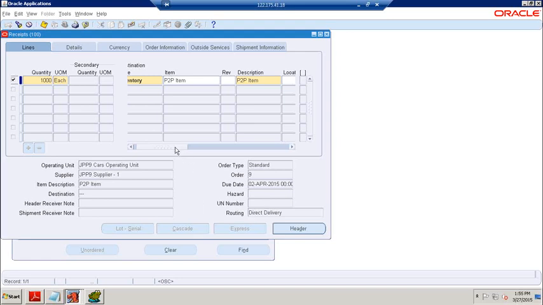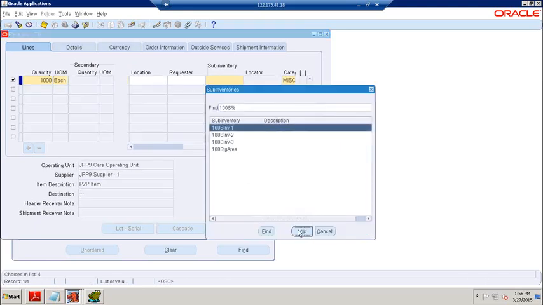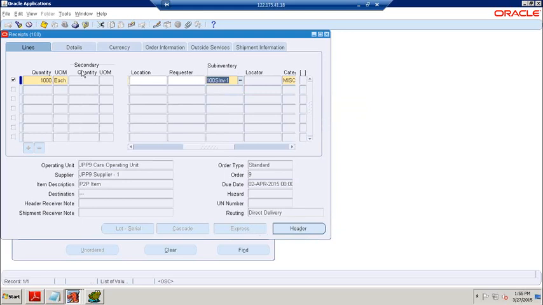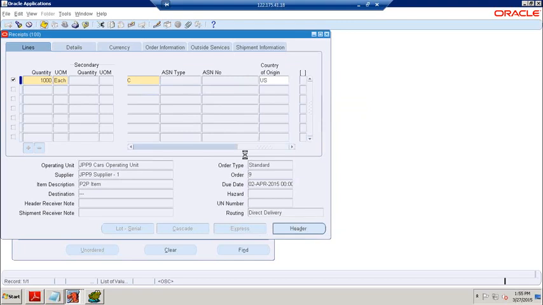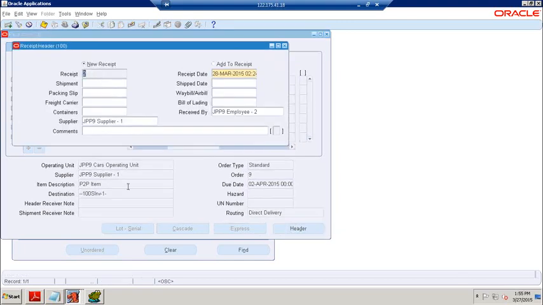If it is standard, inventory means receiving and then inventory. If you go for inspection required, it is receiving and inspection, then next delivery. Okay, then where exactly do we want to move it? In master, I want to move it to this sub inventory. Transaction, sub inventory name. Save the records and get the receipt number in the master organization, right?